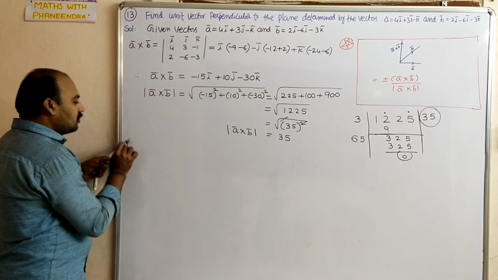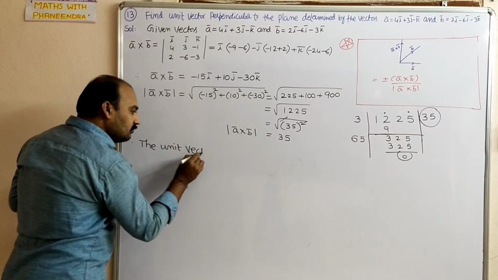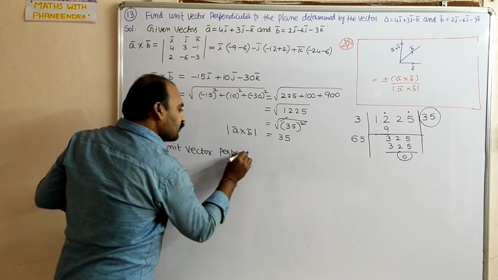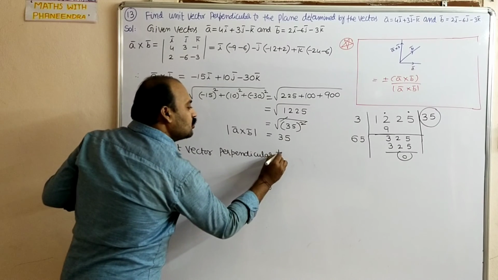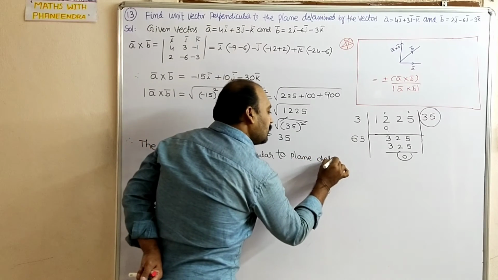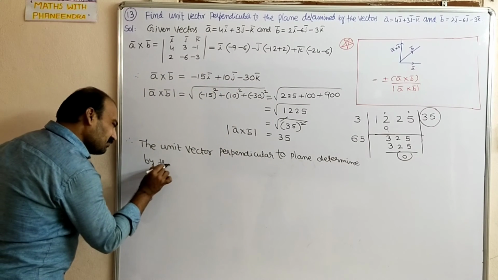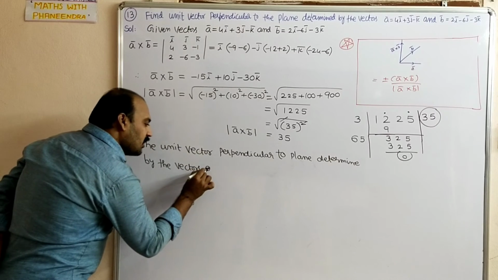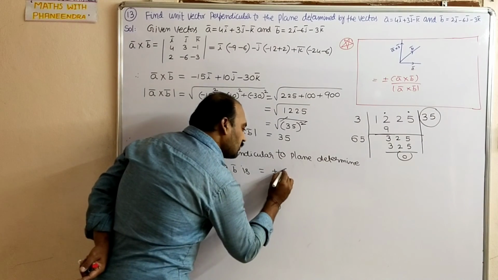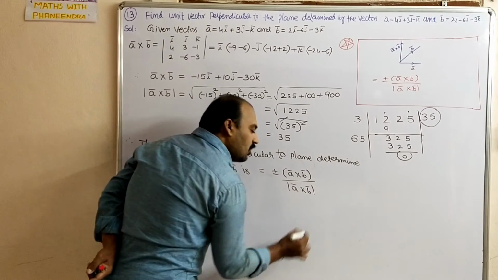Now the unit vector perpendicular to the plane determined by the vectors A bar and B bar is plus or minus A bar cross B bar divided by the magnitude of A bar cross B bar, which is equal